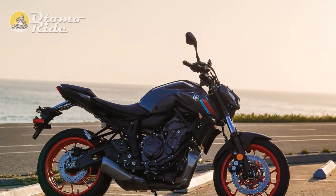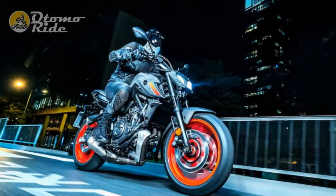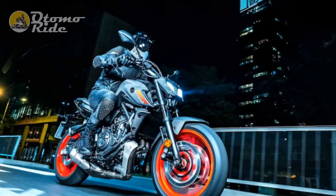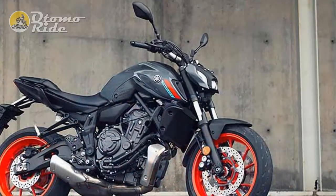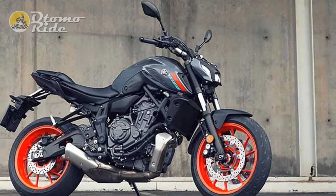My brother, who lives in the UK, is taking his motorcycle test on a restricted MT-07. It's a favorite with schools offering the A2 test, and no doubt its low speed maneuverability and forgiving nature are key factors behind that. I'm 6 feet, 2 inches tall, and when I took our MT-07 for a full day's ride,